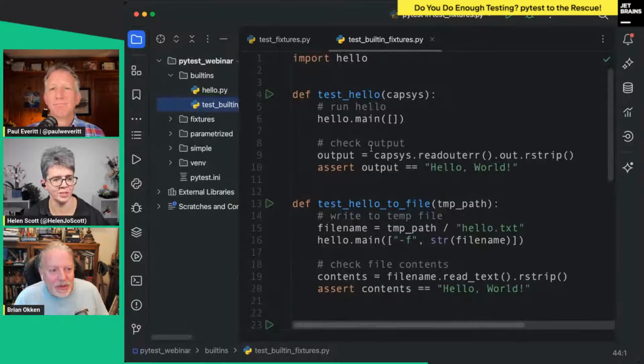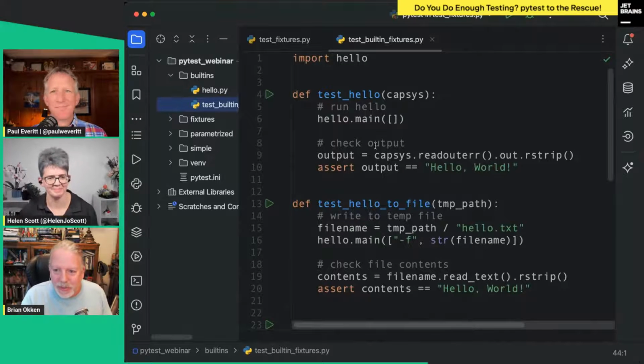Yep, I'm going to be that person that says we are running out of time, Brian. I'm so sorry. You have one section left, built-in fixtures solve common testing needs. Do you think you could fit it in about 5 minutes? Oh, I can do it in 3 minutes. You're on. Okay. Timer starting.